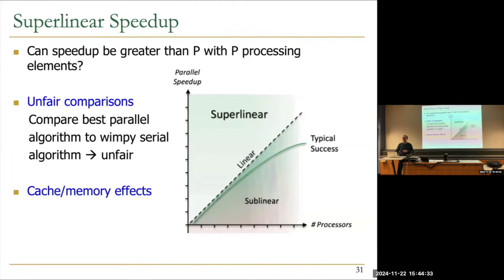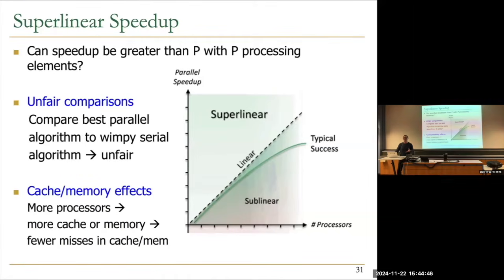Yes, essentially cache and memory effects. Basically, this comparison assumes that you're not adding anything else other than processors, right? But when you're adding a processor, if you're also adding more cache or more memory, then you may get fewer misses in cache and memory. So you don't go to memory as much anymore because you parallelize your problem, not just from a computation perspective, but also a cache perspective. Now, instead of having 1 megabyte cache on chip, you have 10 megabytes cache on chip, and you never go to memory, right? With a single processor, you have only 1 megabyte.